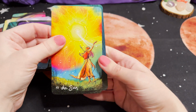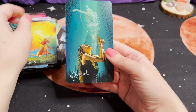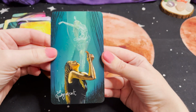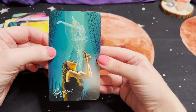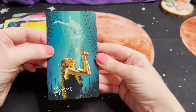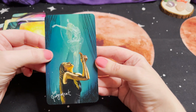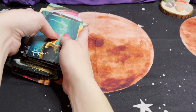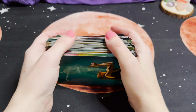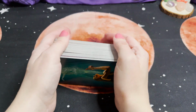the Sun, and that means the last one we have is Judgment. That is actually very beautiful. Usually Judgment has the balanced scales. I don't see that in this, but it does show the core of what the card means. So again, this is not the beautiful indie deck that has the blue